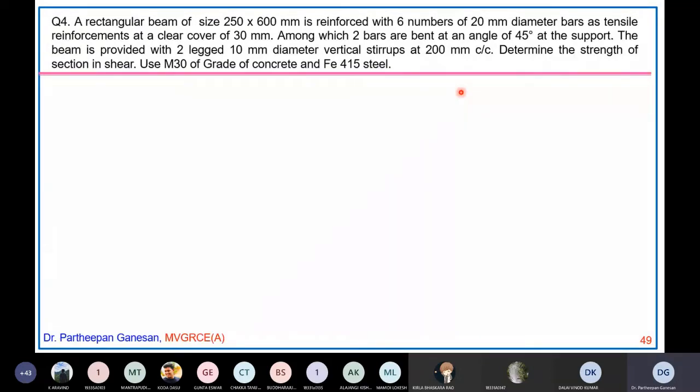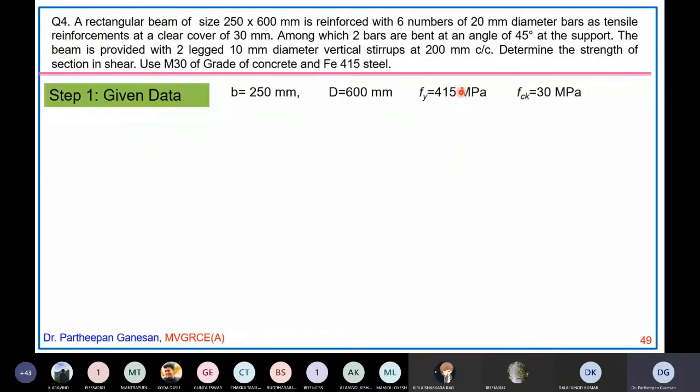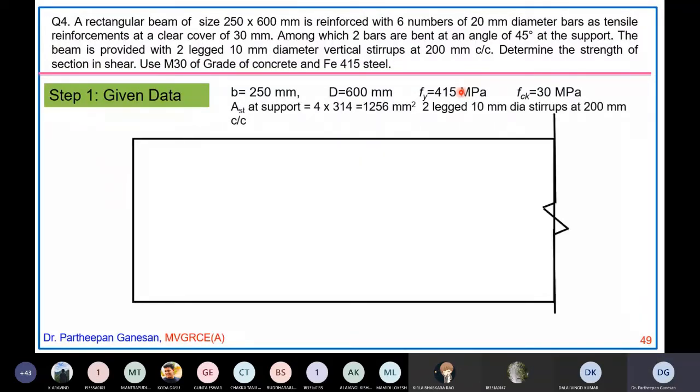So as soon as this kind of problem is given, what you do is you write down all this data and draw the diagram. So here I have cut off the section because the beam can be any length. I am showing only half portion. The remaining half will be on the right side, which I cut off, which will be symmetrical.